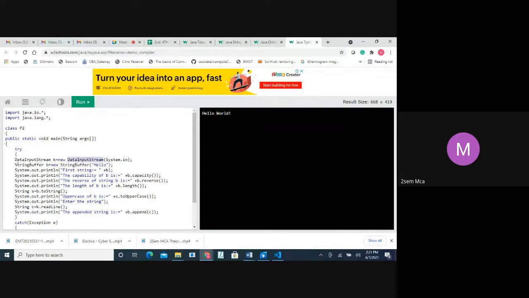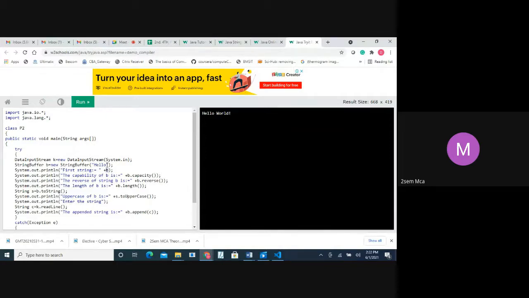In the same way, because in the program they have told us to check the size capacity of the string buffer, we are using one more object, one more built-in class called StringBuffer, and we are storing some string in the string buffer. Here we are storing hello as our string and storing that in B. After that, we are just printing that B here. First I should know what string we have taken. We have taken it as hello. It is not that you have to take hello, you can take anything.